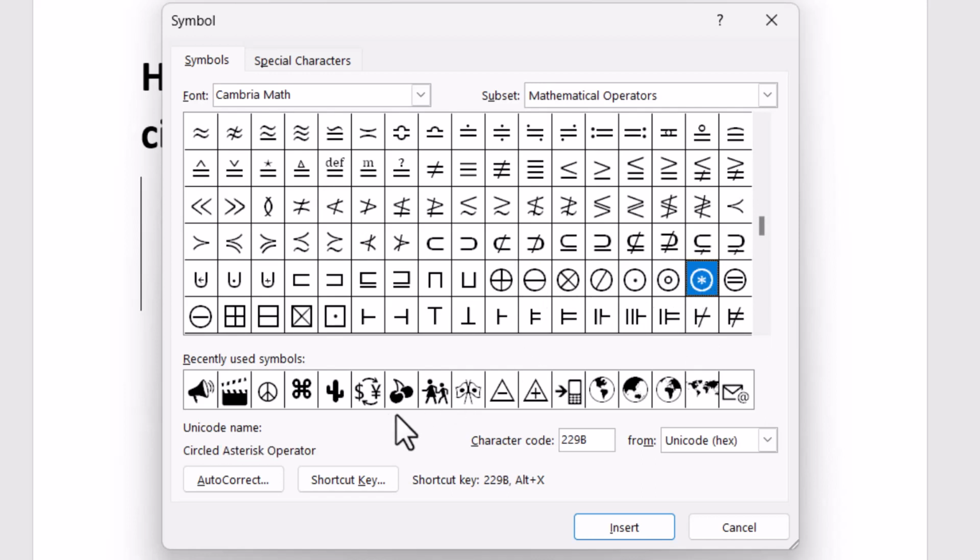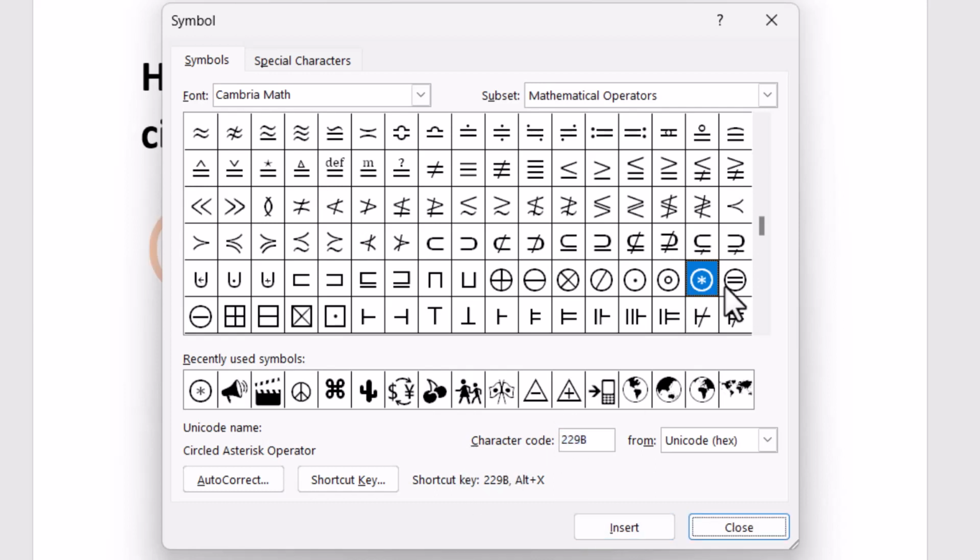So you see this extension symbol. So just select the font, 229B. So this first one. So click on Insert and this equal